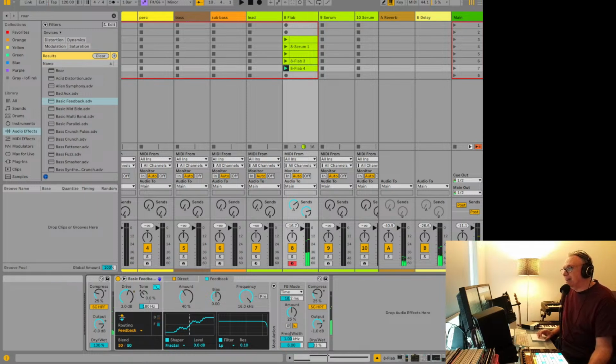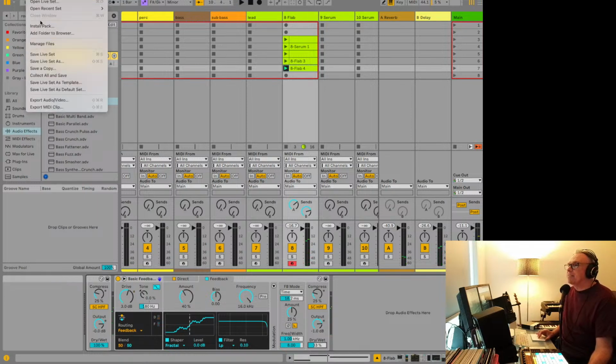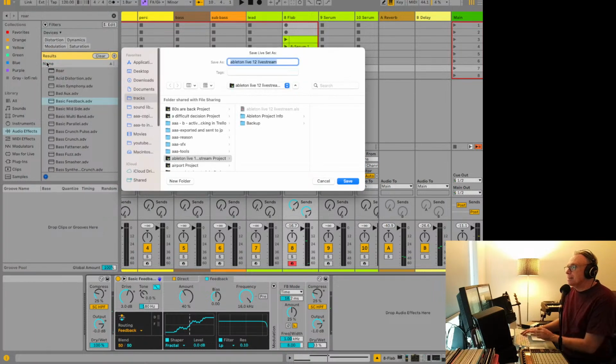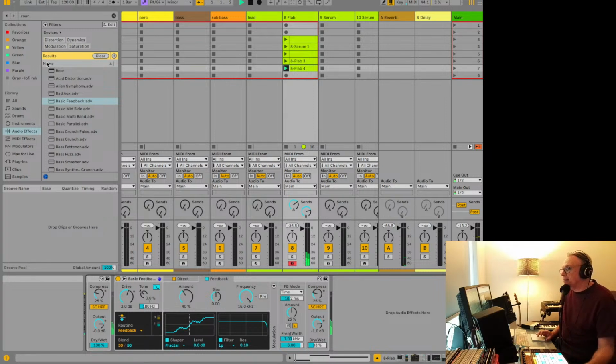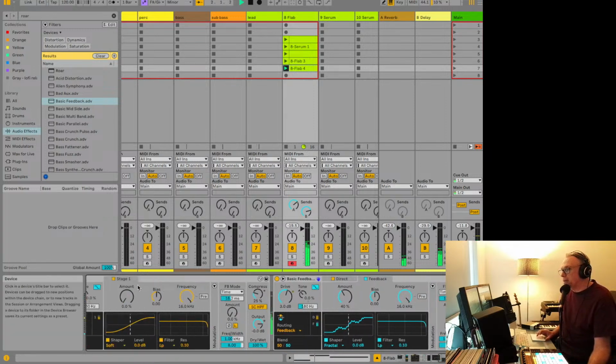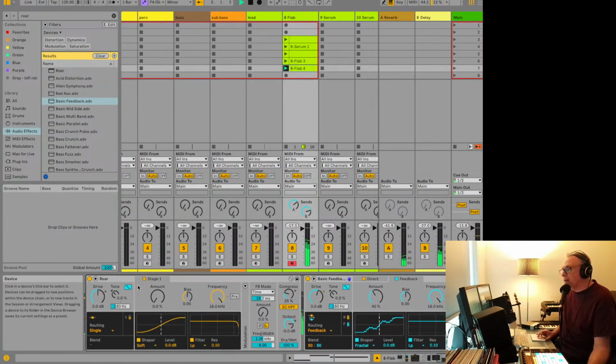Oh, I like this a lot. I think I'm going to have to do some versioning of this file because I save different versions. And you know what? Like when they announced Ableton Live 12, I sat there and I was like, there wasn't anything huge. There were a lot of